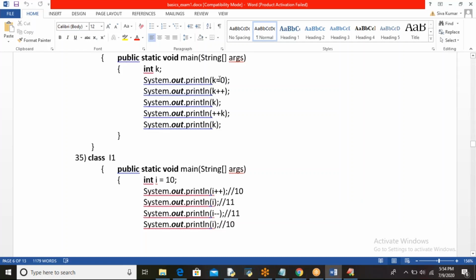It is not because of the assignment here. Here I used plus plus, that's why incrementation happens. If you don't use plus plus, then 0 is printed obviously. Here K0 is assigned, this value is assigned to K, and that K value, 0, is printed.